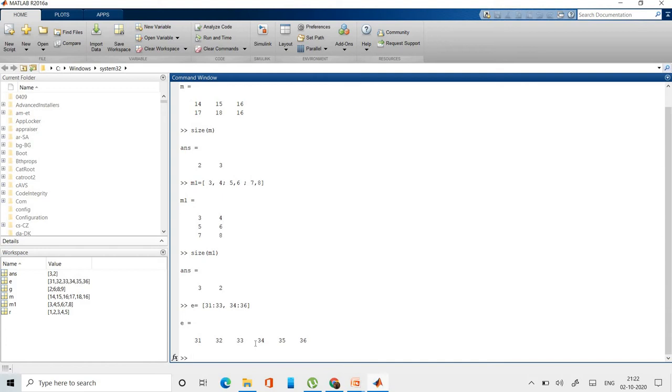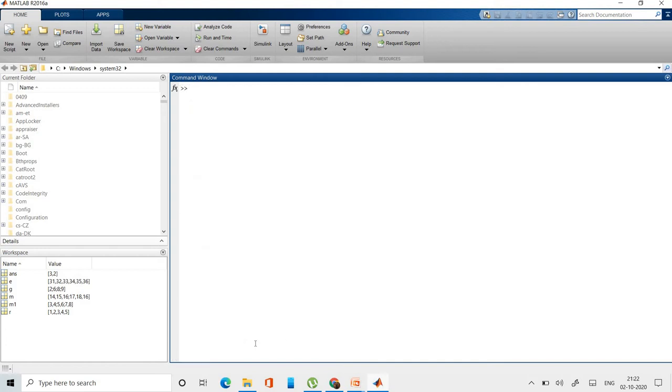So now suppose let's make one more vector, define a vector is equal to 8:14, okay. So it will print the numbers from 8 to 14. Now if you want to extract any of the element from it, so just type vector. Suppose you want to extract the first element, okay, just close the bracket and type 1.